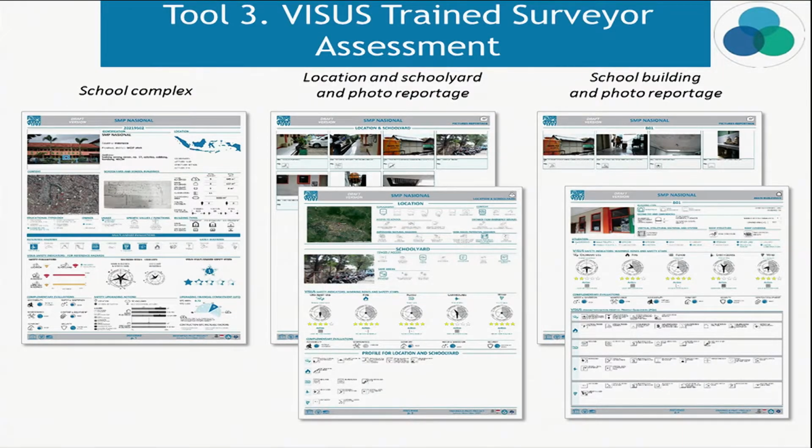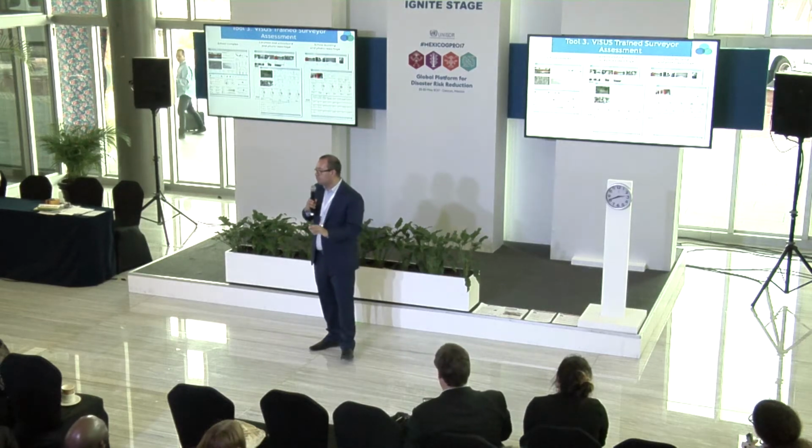Then we try to develop different trainings that are focalized on different targets. The first one is the people, the decision makers, in order for them to know how to understand and read the information that we're going to provide them. The second one is training of trainers, because our idea is that as continuous assessment needs to be developed in the countries, we need to reinforce the capacities that those countries already have.